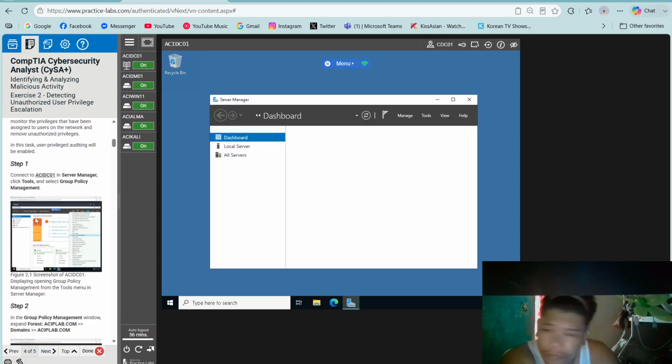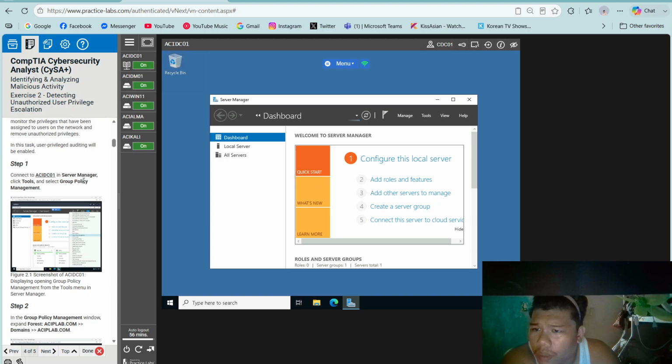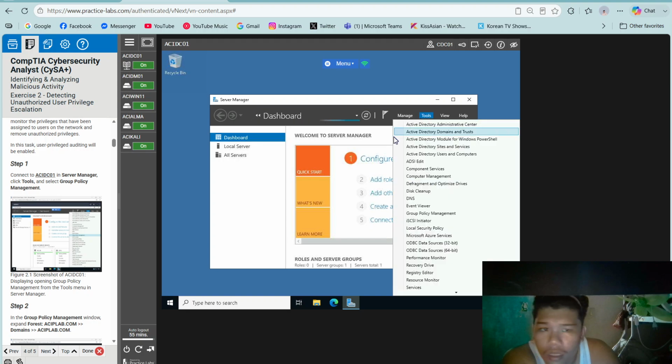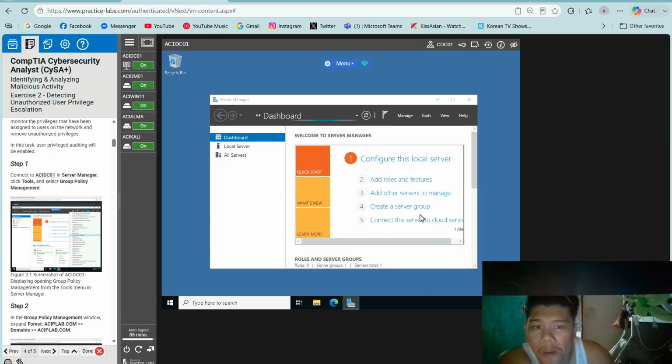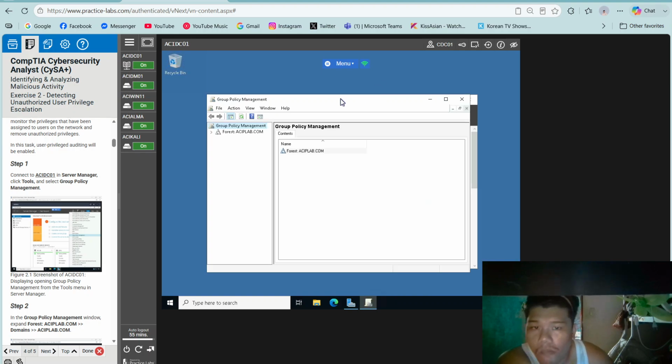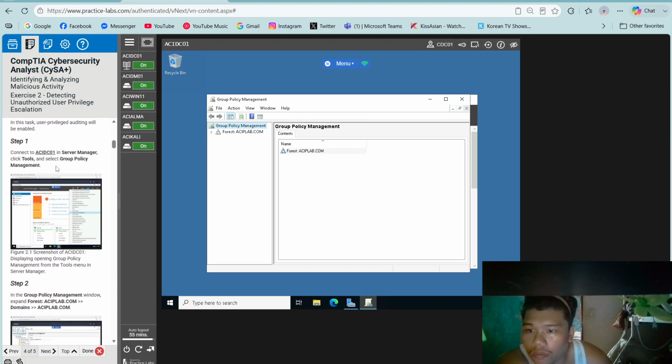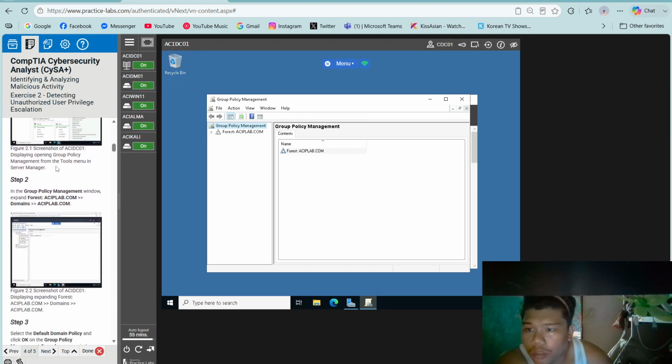So connect to ACID01. In Server Manager, click Tools and select Group Policy Management. Step 2, in the Group Policy Management window, expand Forest, ACIP Lab domains, and then aciplab.com.